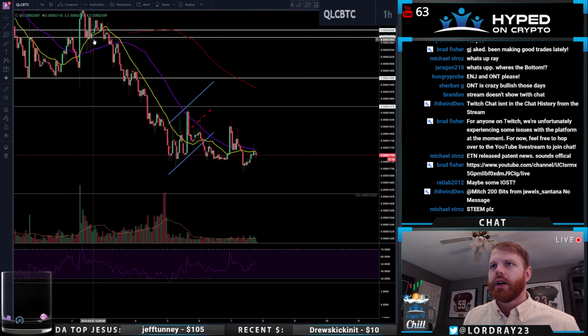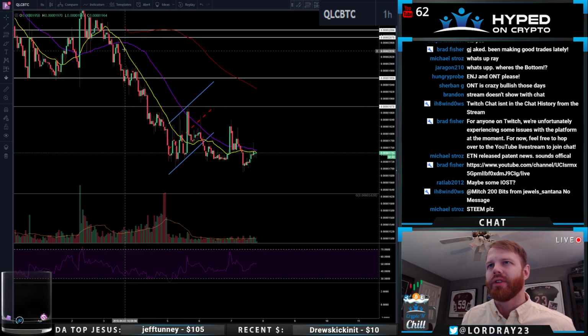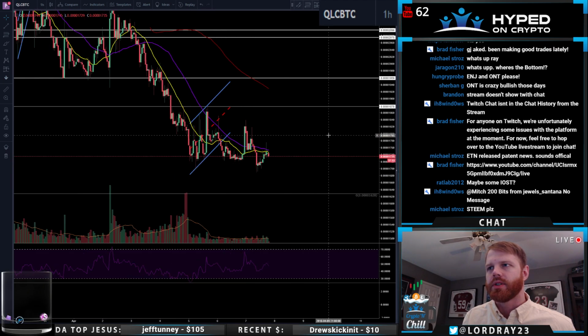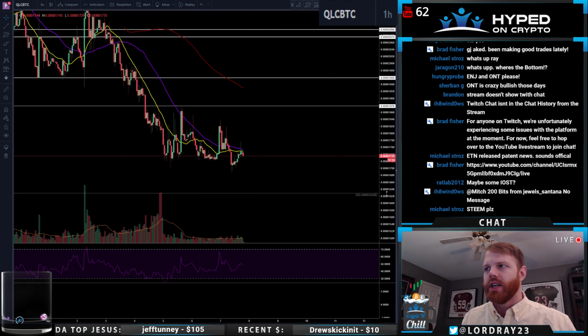QLC, you know, we had this nasty downtrend, and then we started upward sloping, which is never a good thing. That's normally always bearish, that type of price action where you're just channel bound, moving up slightly, never really threatening your previous highs. And of course, we broke down out of that, and we've just been chopping, making lower lows than our previous lows. But something to maybe think about, hey, maybe measure move. But if we keep this up,